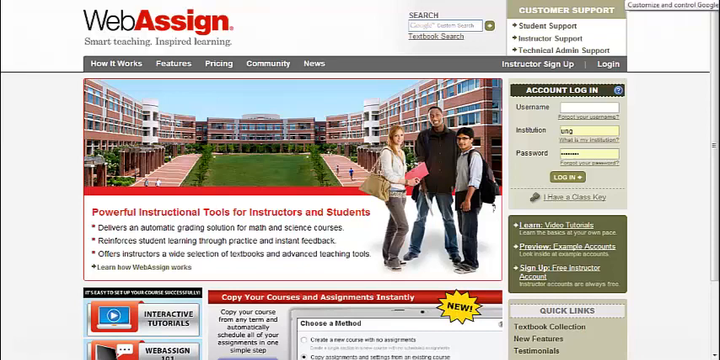This video is designed to help you set up your WebAssign account. So you will start off by logging on to webassign.net and you will see this page. From here, the first thing that you will need to do is say, I have a